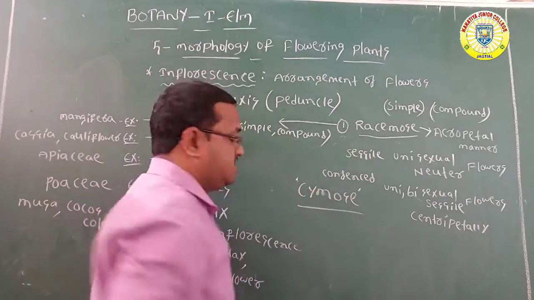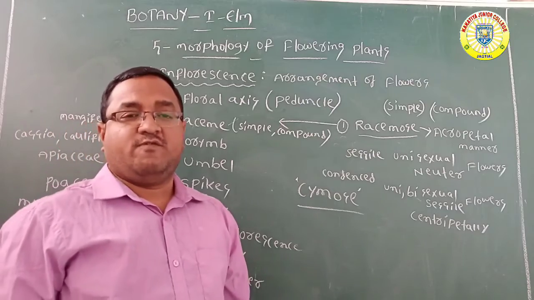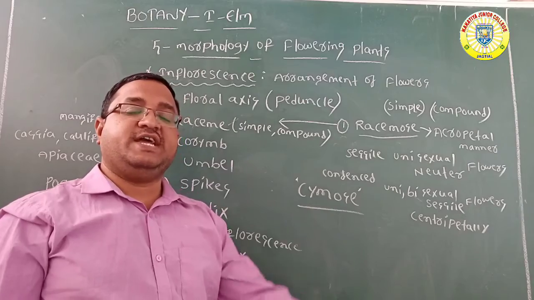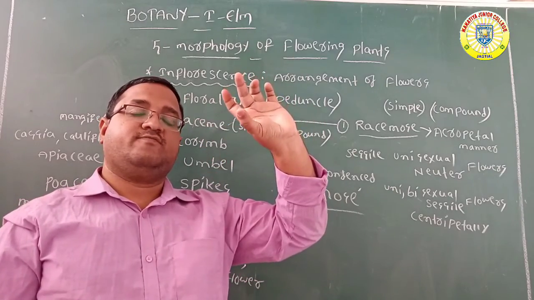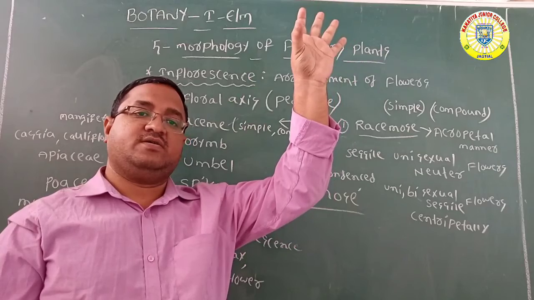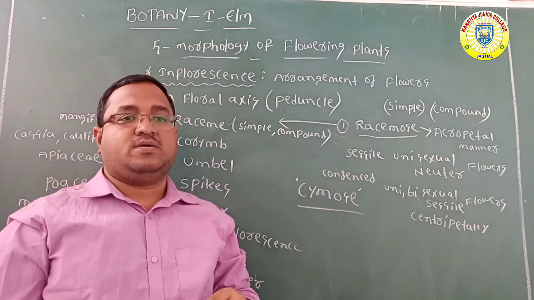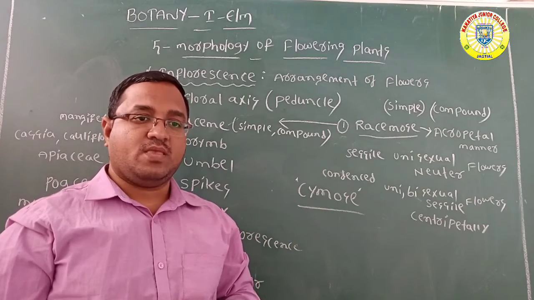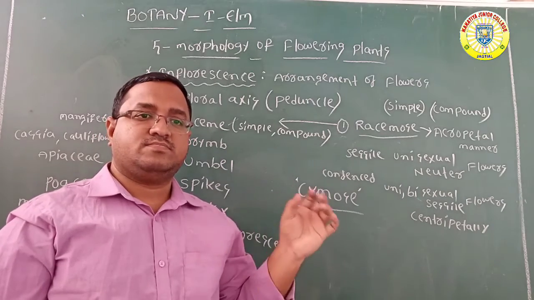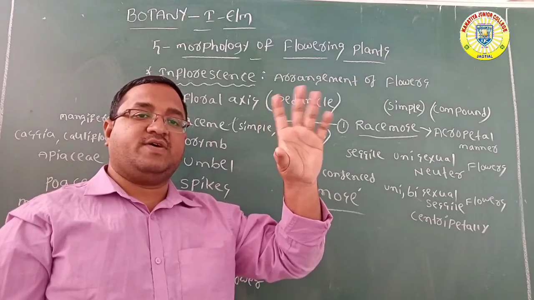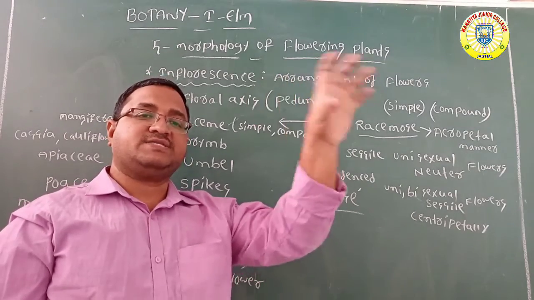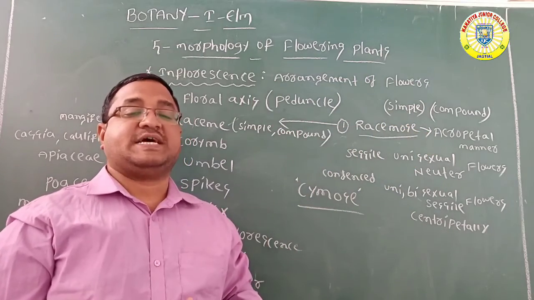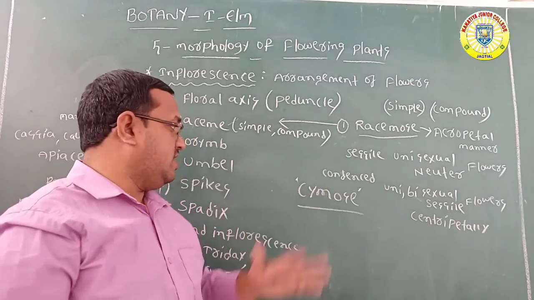But what is cymose? Especially in cymose, the floral axis doesn't grow continuously. It is converted into a flower. The floral axis ends with a flower. So in this also there are types. The flower ends on the apex or in the axil, an axillary flower or terminal flower. So based on that, there are some types of